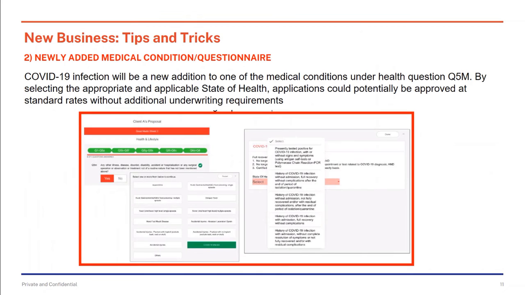Okay, next are the tips on the newly added medical conditions or questions, because now COVID-19 is very common, and customers are going to declare it in our proposal. Our underwriters also know that we have enhanced questions in this Q5M already. So by selecting all the appropriate declarations on the health conditions, it could be approved at standard rates